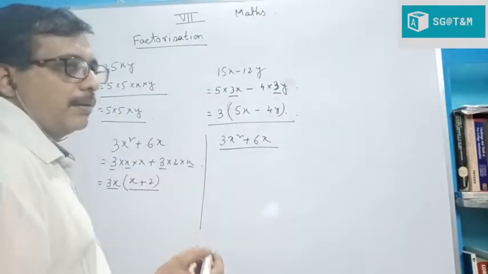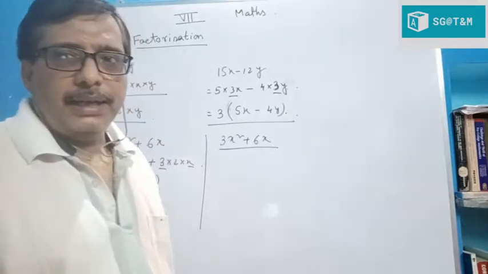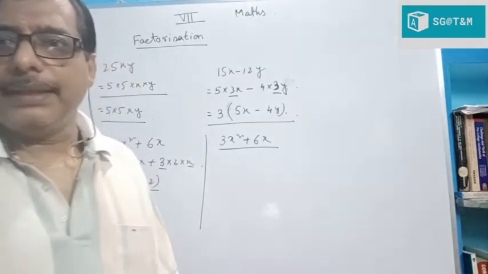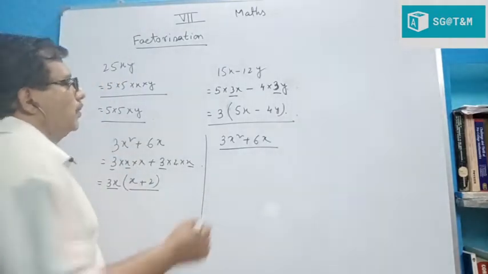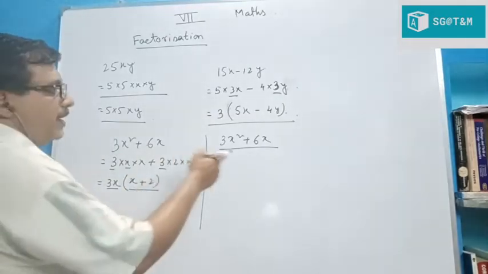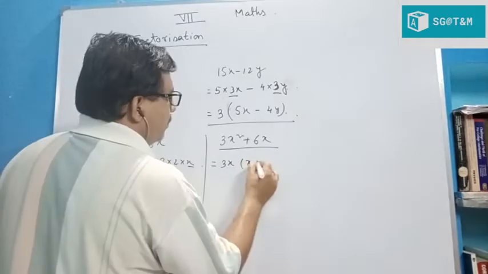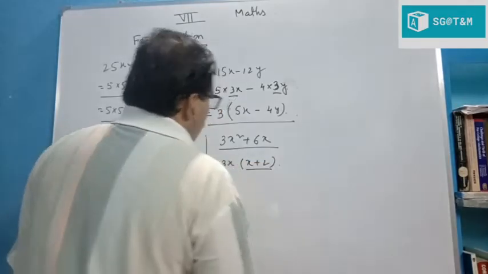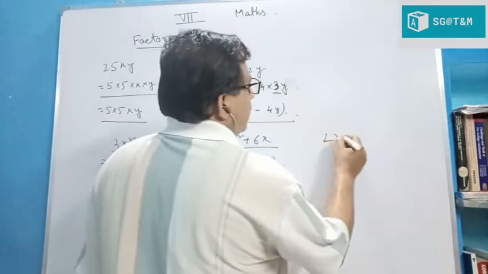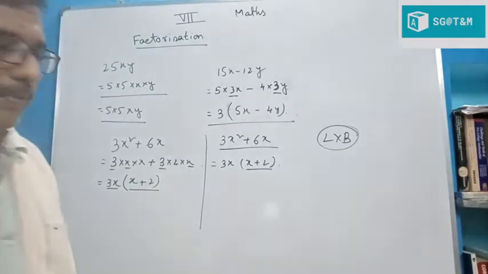The area of a rectangle, as you already know, is length into breadth. So, exactly as before, first find the factors of this. After factorization, we get 3x into (x + 2). So the possible length and breadth: the product of length into breadth is the area of the rectangle.